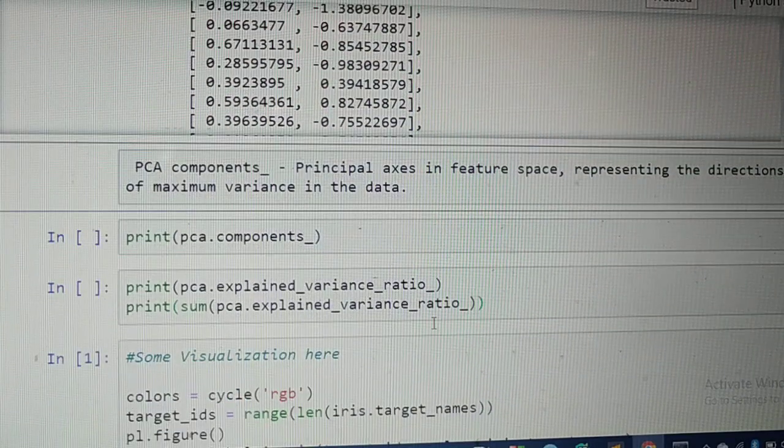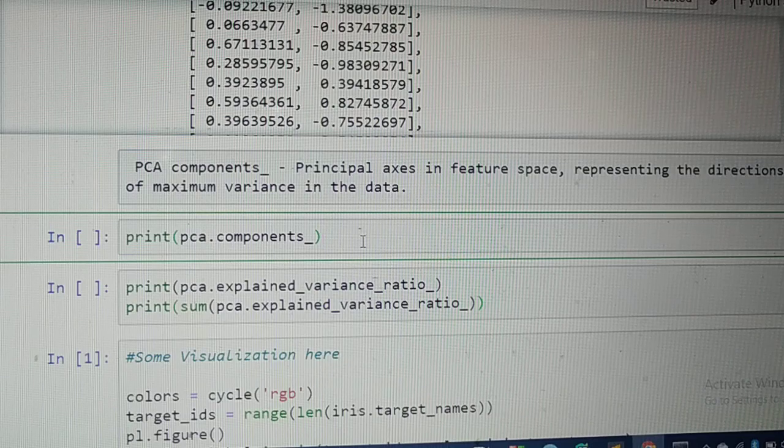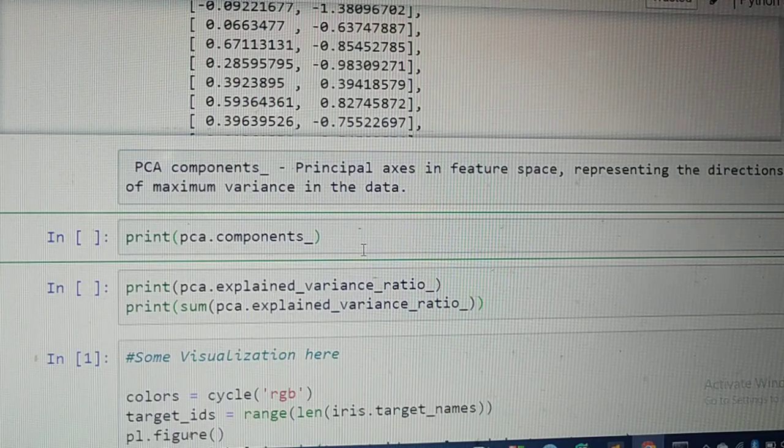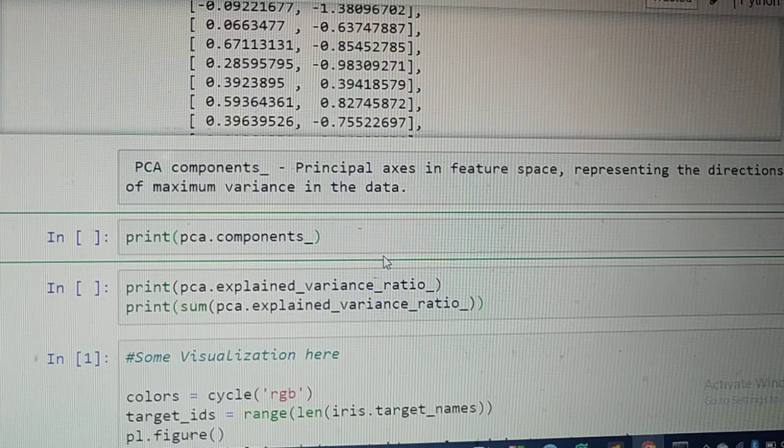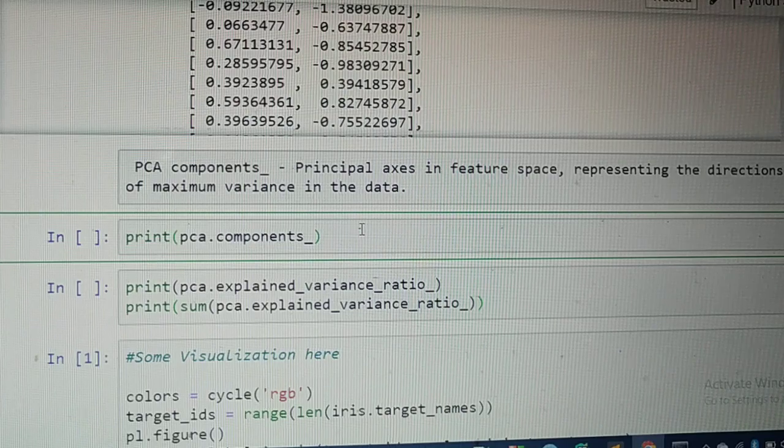Next we would like to see the principal components attribute. Principal axis means here we require 2 components. That means you have 2 orthogonal directions on your features. In the PCA components you will get the representation of your maximum variance in the data.